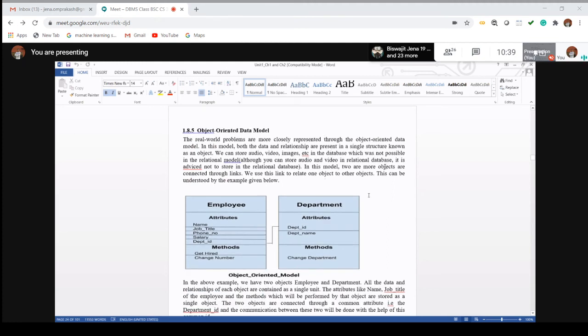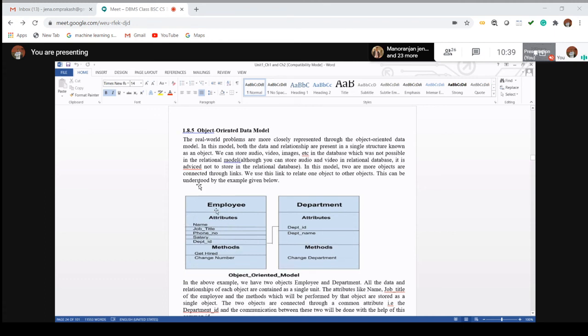Now we go for the object oriented data model. A data model which is based on objects is called an object oriented data model, like the OOPS concept you have already read in C++. All the operations are based on the object. Suppose I say that is the employee. What should the relation be over here? The attributes may be name, job, phone number, salary.